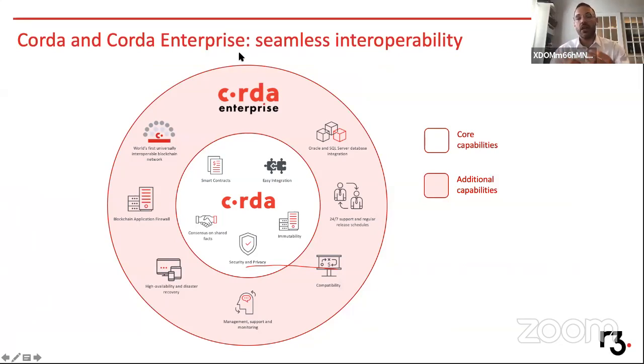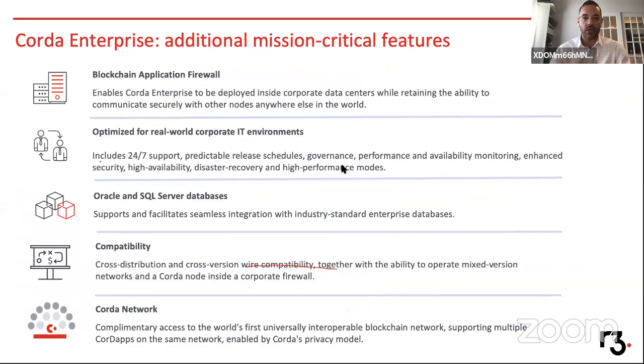So everything that you need to have high availability and disaster recovery, firewalls, management support, certain compatibility aspects, engineering, 24/7 engineering support, things of that nature, more database integrations, things like that are things that come as a part of the Corda Enterprise package. Okay, there's a little bit more information here. So like I said, firewalls, some compatibility, SQL Server, some performance enhancements, things of that nature all come within the